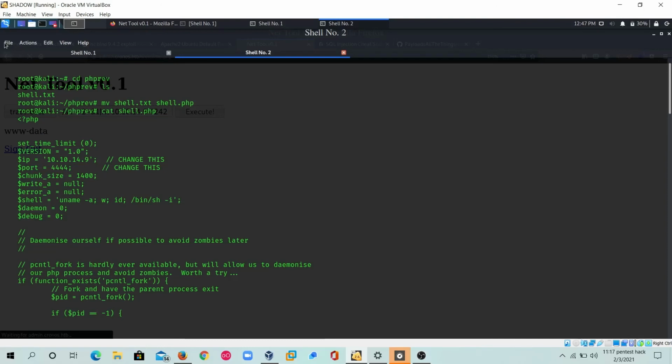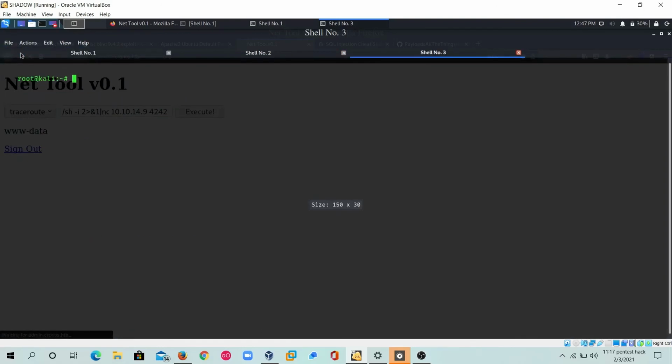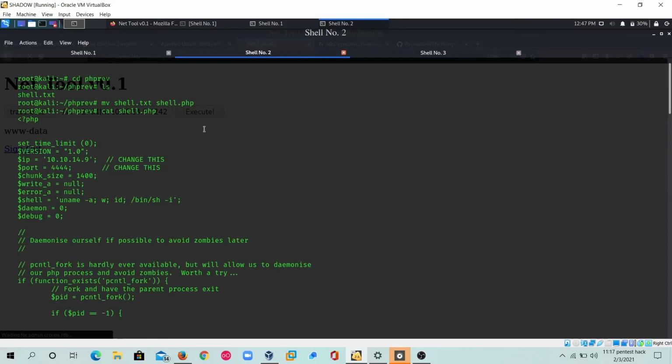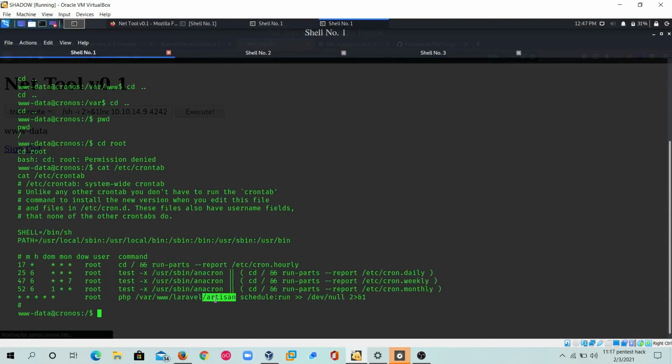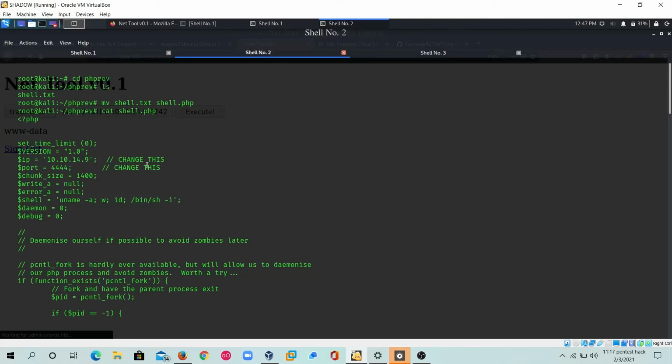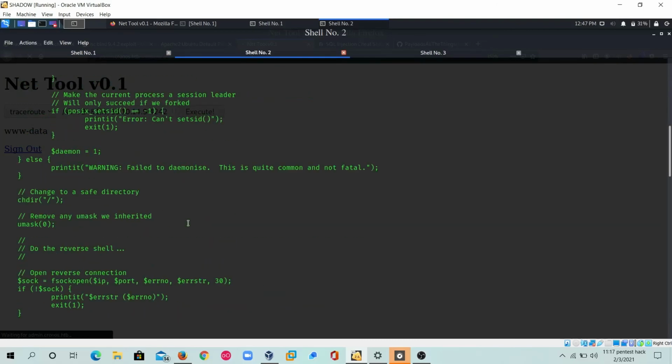So I'm going to listen on the port, nc -lvp 4444. Okay, now I'm going to upload this into my target machine, and I will change the code in the file of artisan to my PHP reverse shell code.